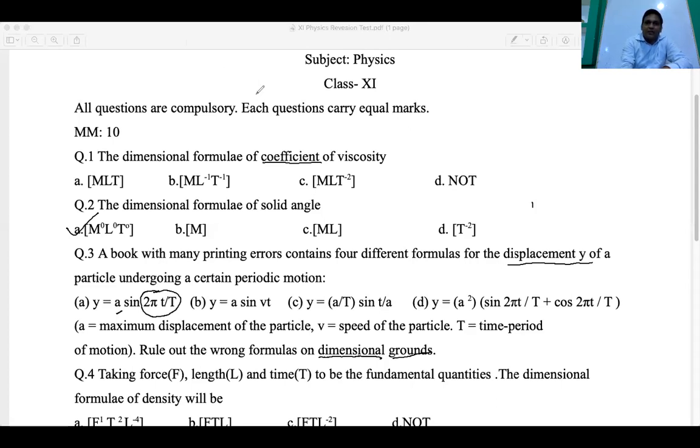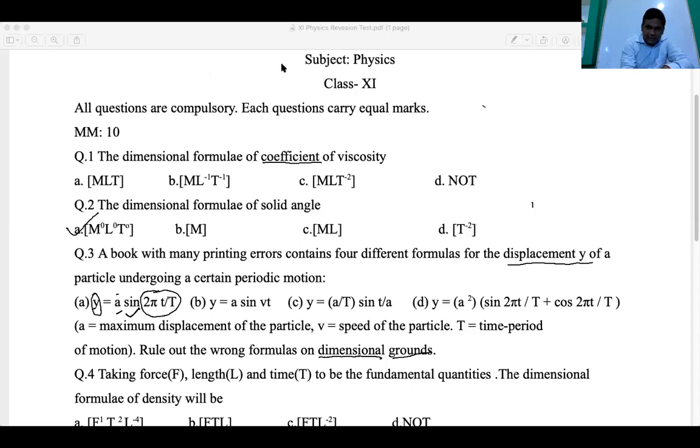How will theta be dimensionless? You can see here this will be dimensionless, and this is the correct formula. This one is correct, because on the left-hand side you have the dimensional formula L, and on the right-hand side you still have the dimensional formula L. So the dimensional formula will be L on the left and L on the right, so it will be dimensionally correct. So this will be correct. We can't remove this one, so this cannot be a valid answer.